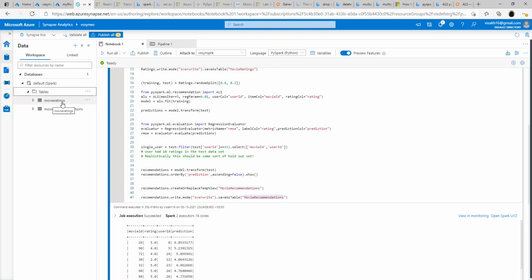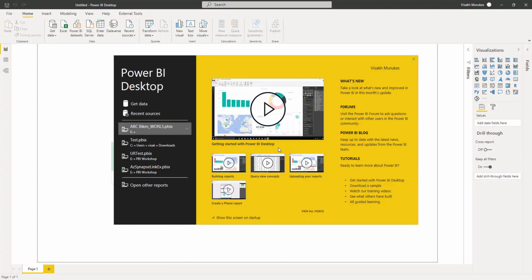So once we have these two available inside the Spark pool, because of the way the metadata is managed within the Synapse Analytics instance, the same two tables can be accessed through the serverless default pool into any of our visualization tools. So what we can do is go back to Power BI, open a new sheet inside Power BI, and let's see how we can access these two tables which have been created inside our Spark pool. Let's open a blank Power BI desktop now and click on Get Data.